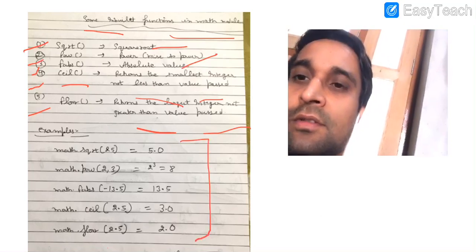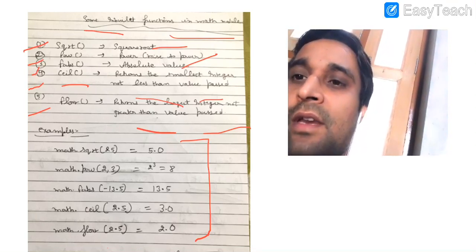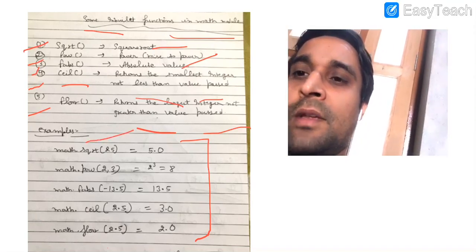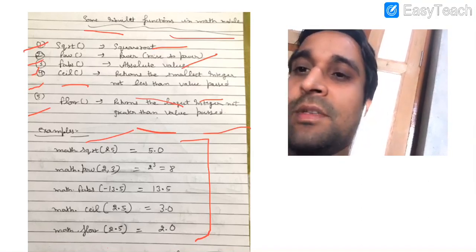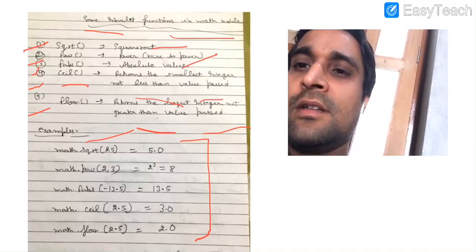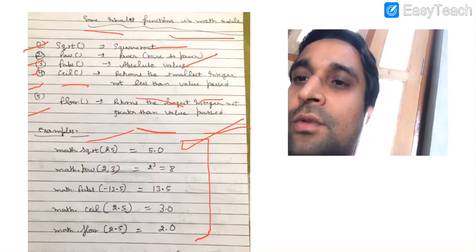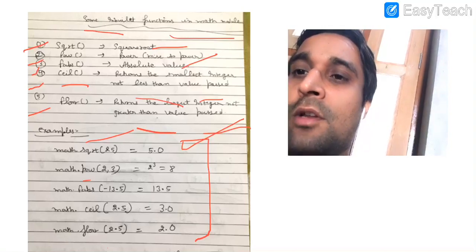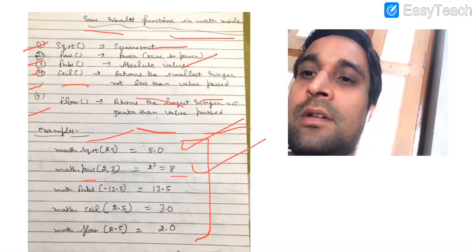We are going to discuss some examples on the basis of the functions written above. Very first we are using the sqrt function, math.sqrt. It means in the math module there is a function defined, its name is sqrt, and in braces we are passing the value 25. So it returns the square root of 25, that is 5.0. Then we are using the pow function to find the power. We are passing two arguments, 2 and 3. 2 raised to the power 3, 8 will be returned.